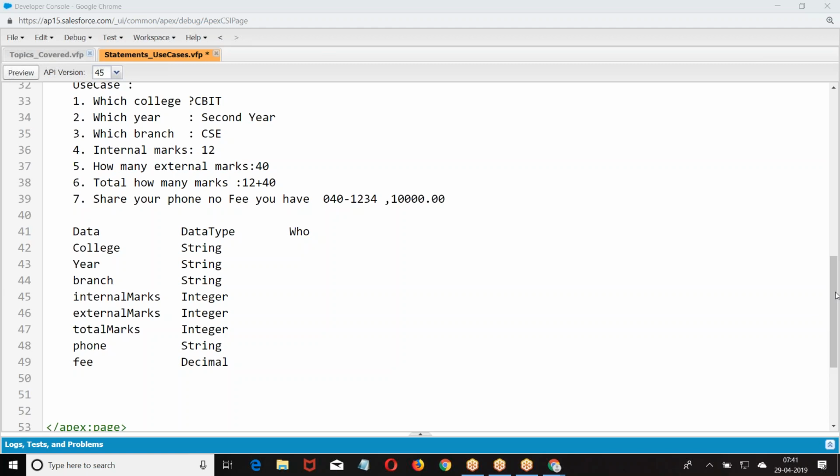Right. So this is how we are taking the data. Then analyze who is going to provide it. The user.